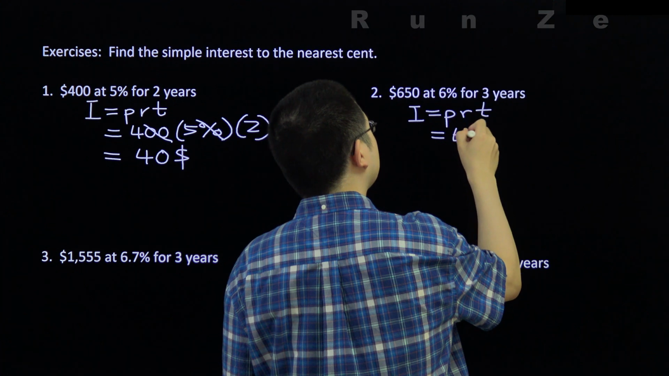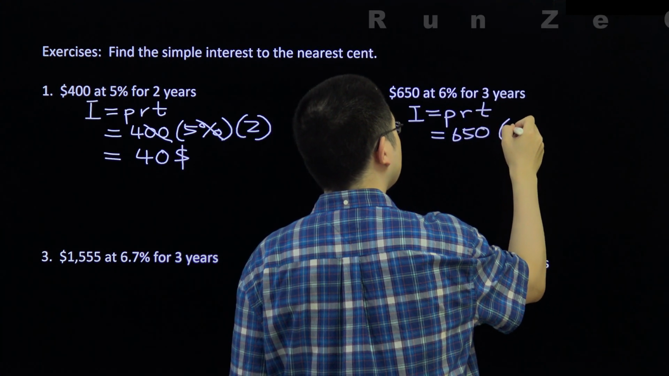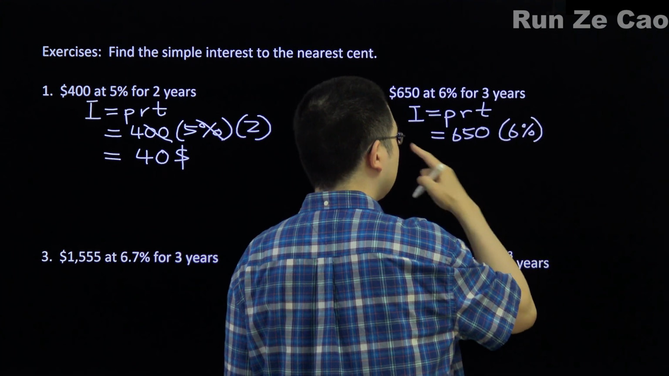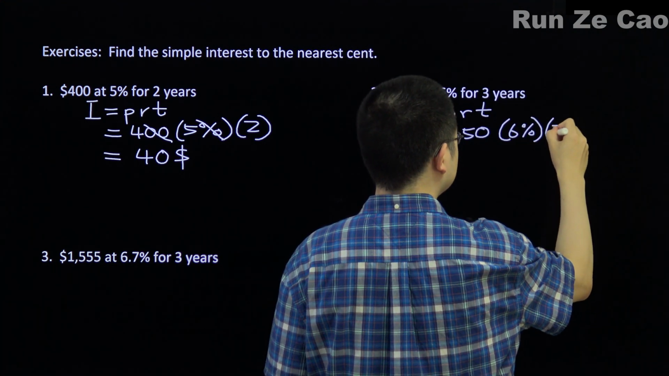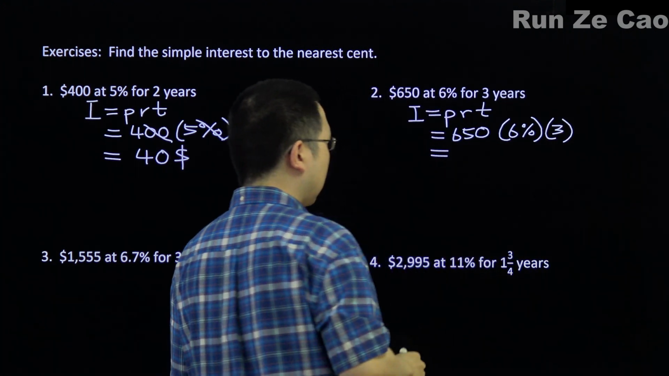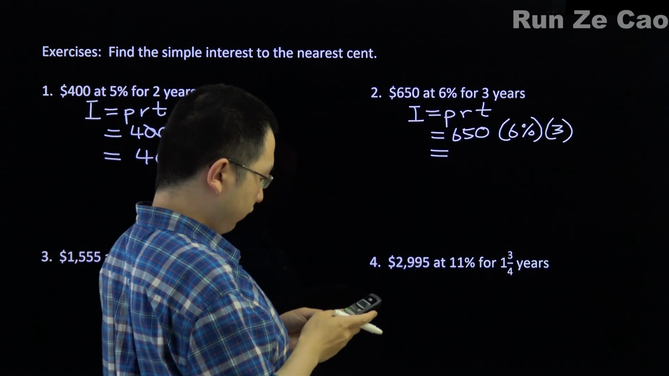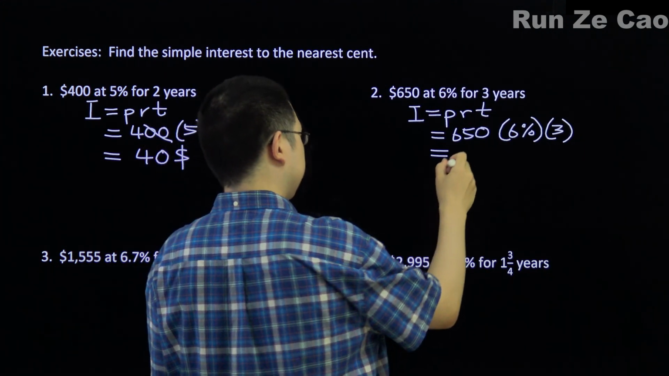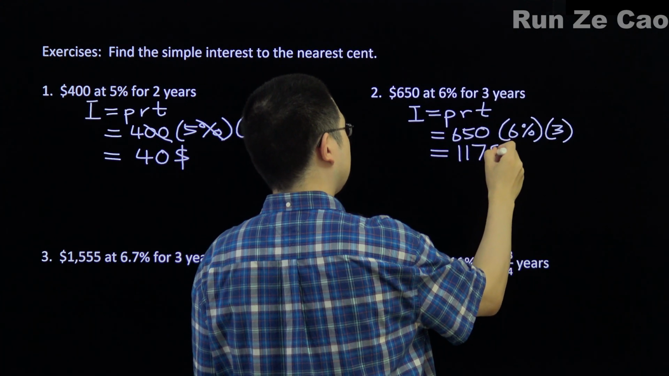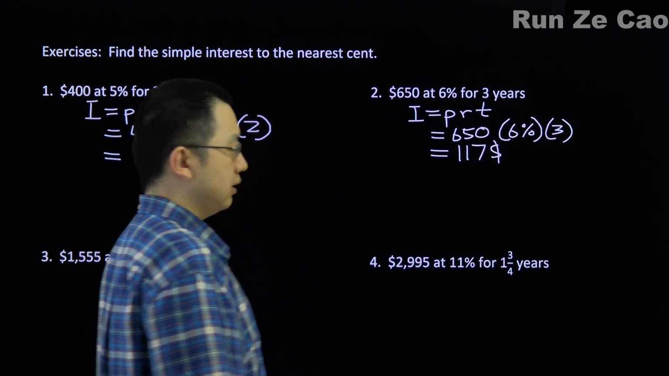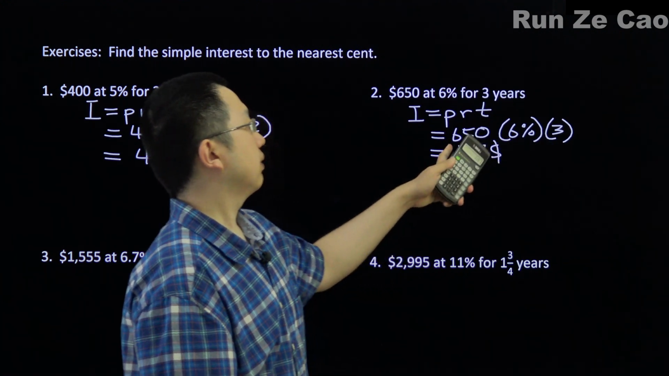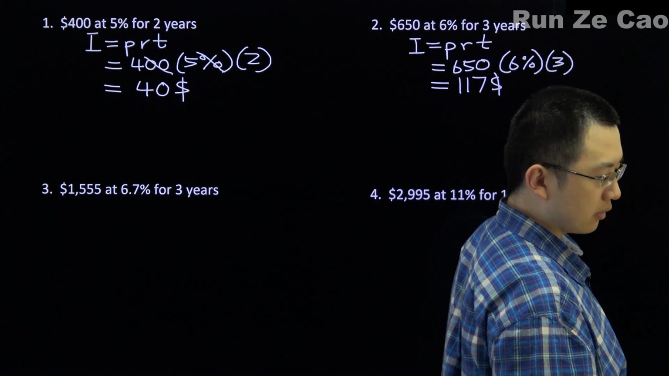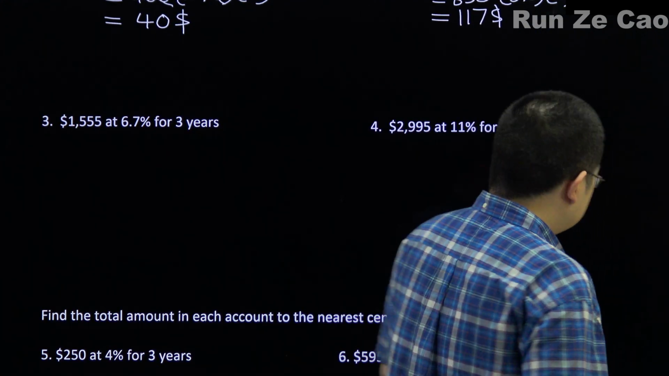So principal is $650, rate is 6%, and time is 3 years. So we're looking at 6.5 times 6 times 3, $117. Because you can cancel out the percent by 100. 6% is 0.06. All right,